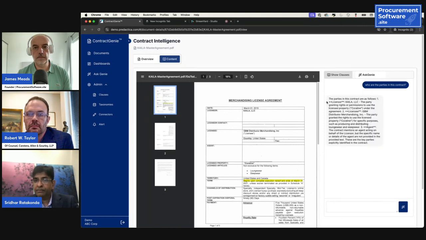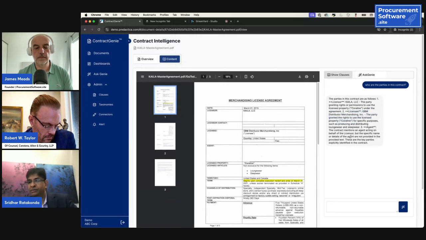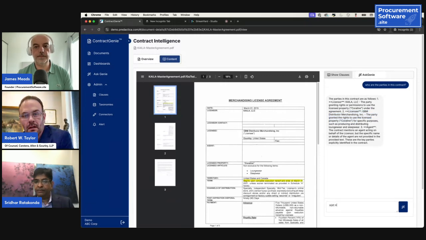So here it shows, for example, Kayla is one of the parties, the Licensor in this case, and the other one is GBM. So you can see it identifies all that, as you can expect, right? So you can ask questions related to the contract. For example, I can say, what is the